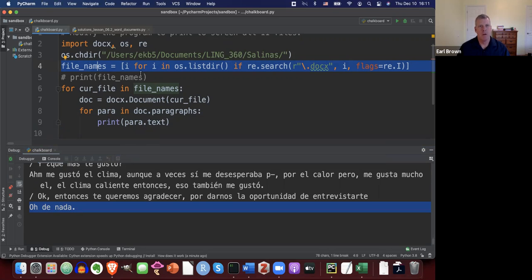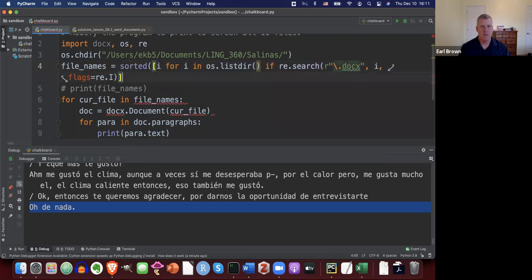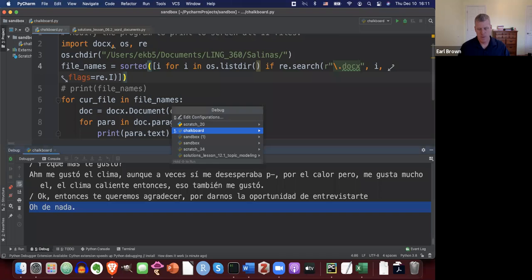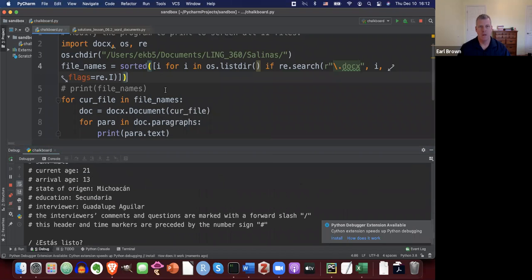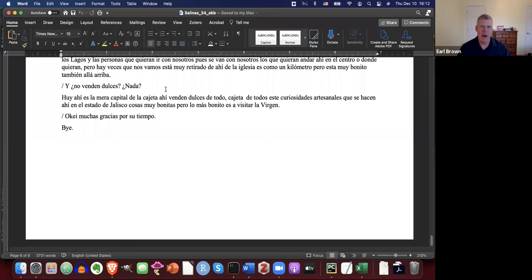So we could do, watch this, we could sort this and it will be that way. I'm going to sort this right away and then I'll rerun it. It'll take a few seconds to run through all the files again. But we should see